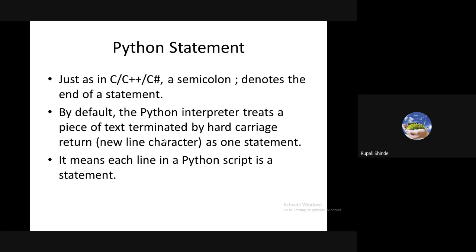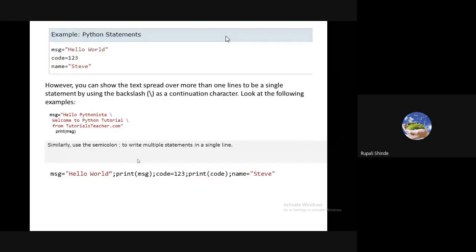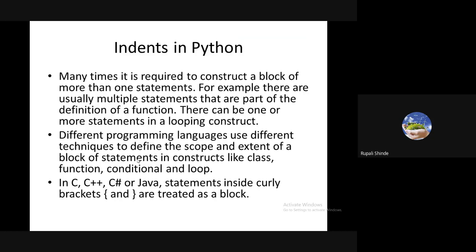Are you getting it? Python statement: how we end the Python statement, how we write multiple statements in multiple lines, how we write multiple statements in a single line. Then we have started the indents in Python. Indents are important for blocking, if you want to create a block for a function, a block for a loop, a block for a decision structure or control structure. At that time we require the blocking statement, or some block of statements we want to execute. At that time indents are very important. Are you getting it?